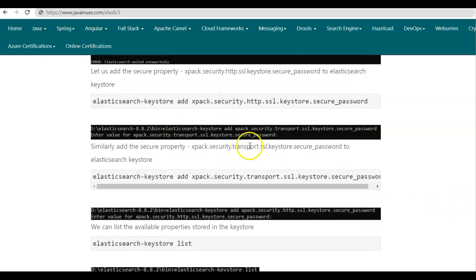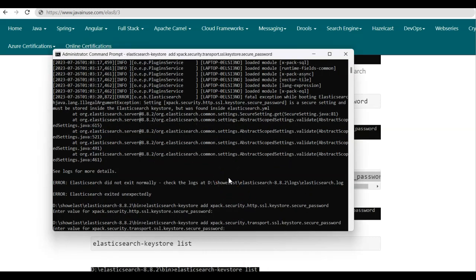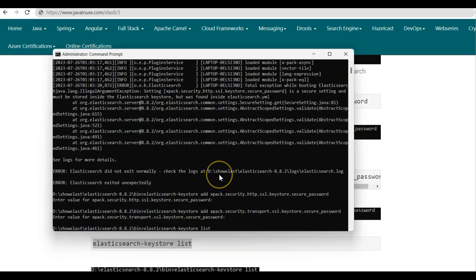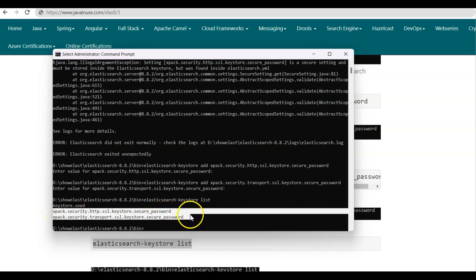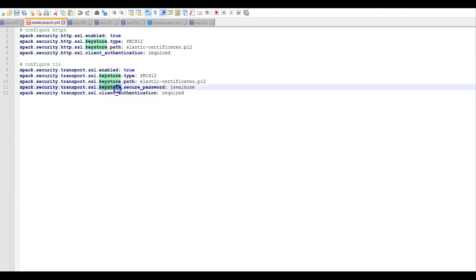Next we'll similarly add the other property, xpack.security.transport.ssl.keystore.secure_password, and the value again will be javainuse. So we have added two properties. If we do list again, we can see these are the properties that we have added to the Elasticsearch keystore. Next we'll be removing these properties from the configuration file since we have already added them to the keystore.